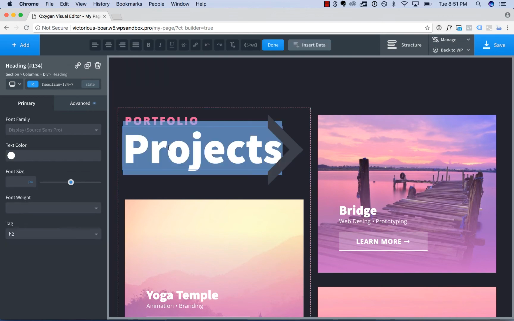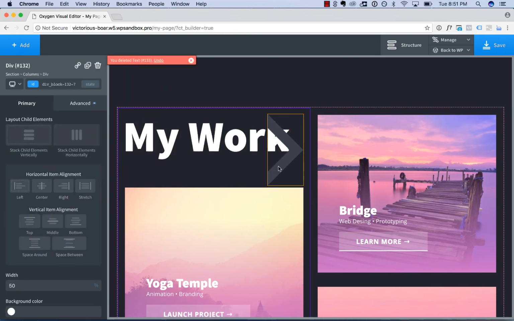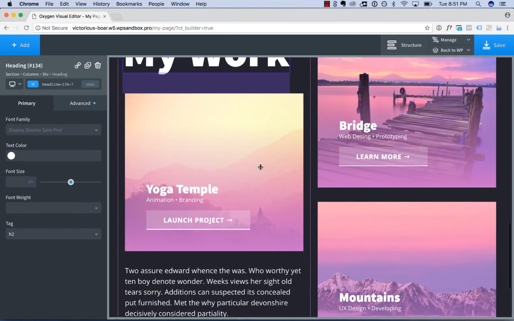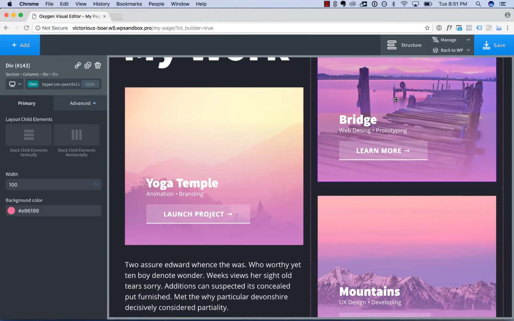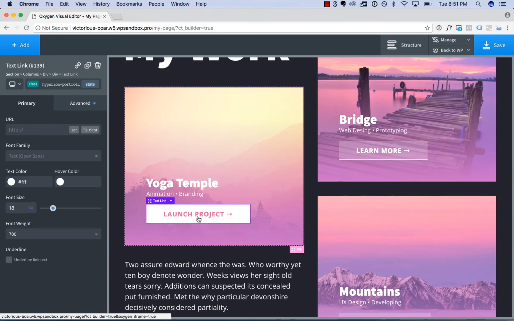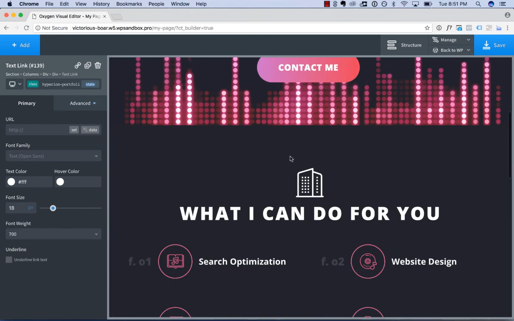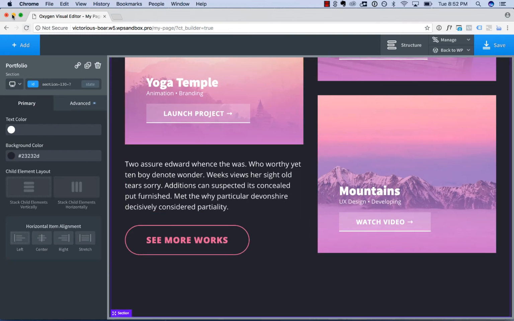I can change this text, say like my work. Maybe I don't want that there. Maybe I don't want this arrow. Delete. Maybe I want to adjust the spacing. Cool, and then I could just fill in all my own projects, upload my own images here, customize these button URLs, etc. So cool, okay, so now we've got our hero section, services section, portfolio section here,